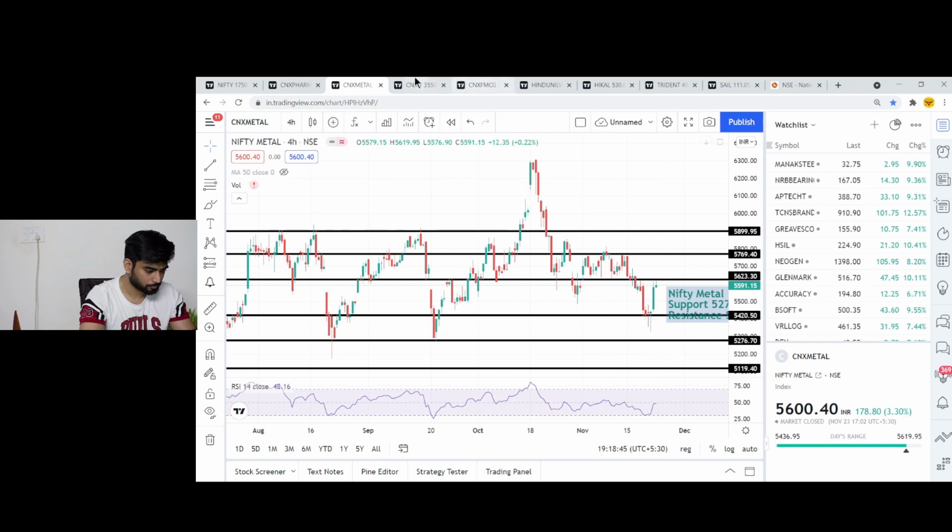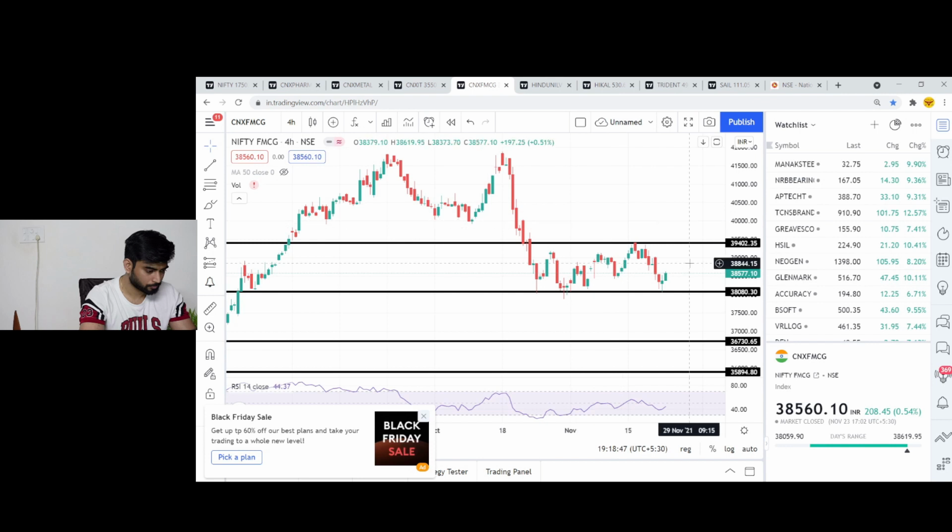Apart from this, there is one more sector I wanted to discuss. The overall Nifty FMCG index, if you look here, was trading sideways, and it has given support multiple times around the 38,080 level, and today also it has risen from that. If we just see the last 5 to 6 days, the majority of the sectors have corrected heavily. But if we see Nifty FMCG, it has hardly given a correction of 2% from the top. That means it is sustaining the move, sustaining against the bearish signals which were happening in the majority of sectors.